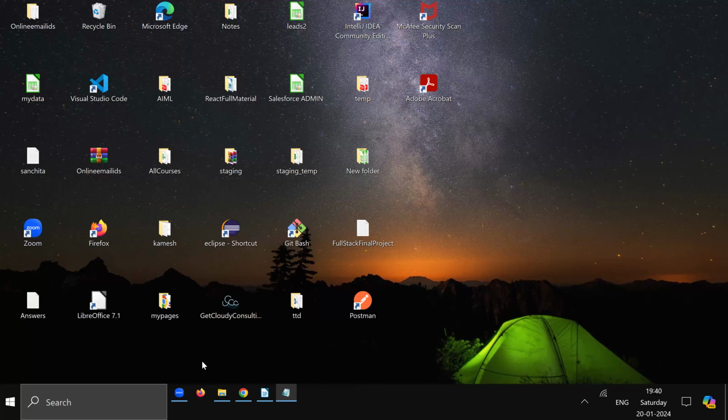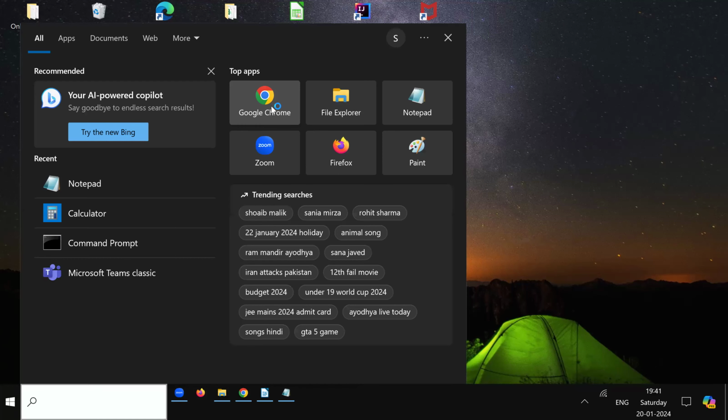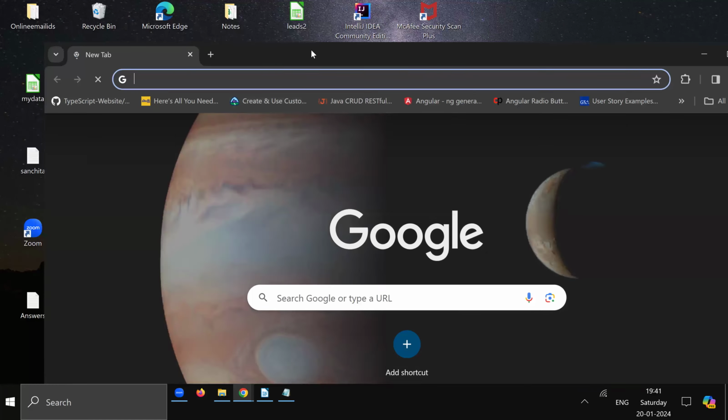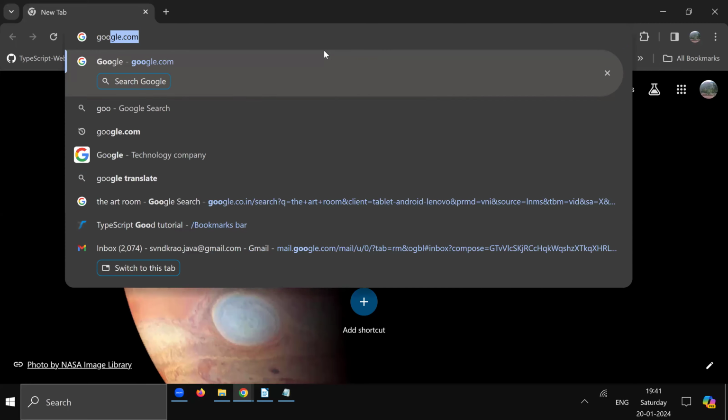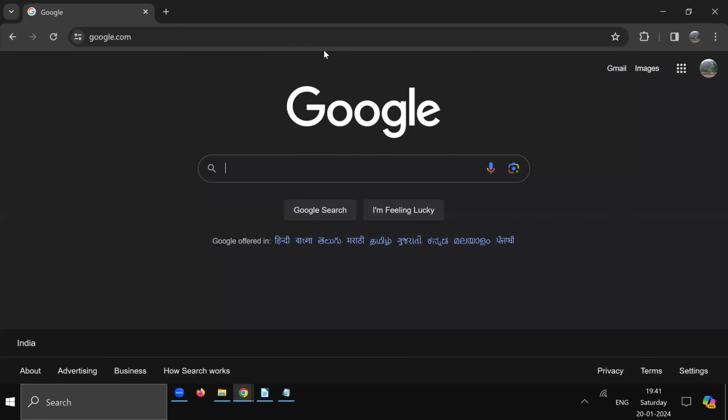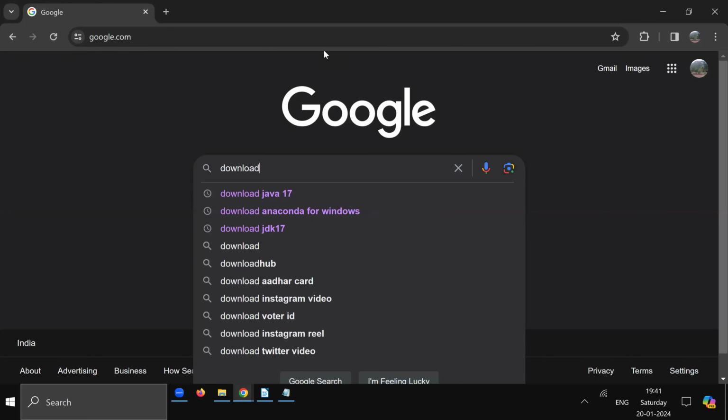This IntelliJ IDE can be downloaded from an organization called JetBrains. So here I am showing you how you can download that IDE. IDE stands for Integrated Development Environment. So here in the Google search box, you type download